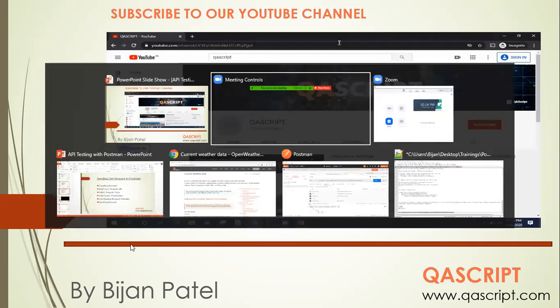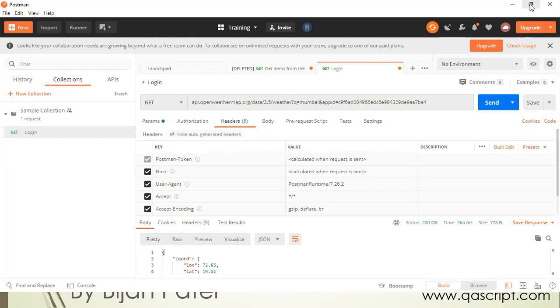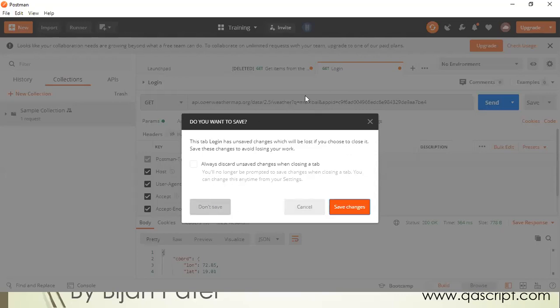Now let's go back to our Postman tool and let's configure our first request in Postman. So this is the Postman tool, and let me close all the windows here so that we can start fresh.